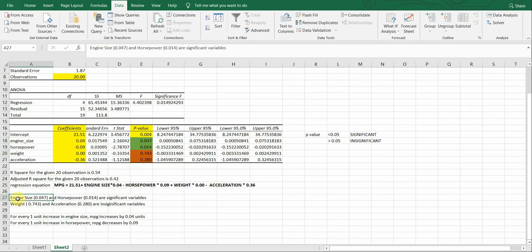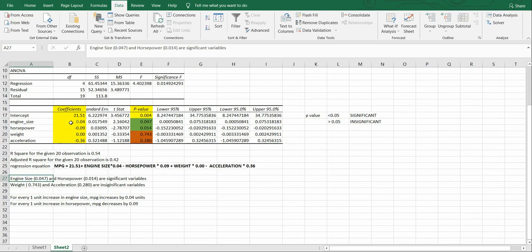So here we write it as engine size 0.047, that is the p-value which I have, and horsepower 0.014, which is again the p-value, are significant variables. Whereas weight, that is 0.743, and acceleration, which is 0.280, are insignificant variables.